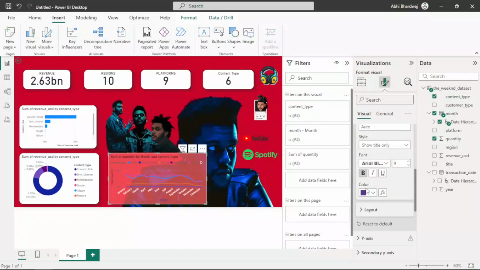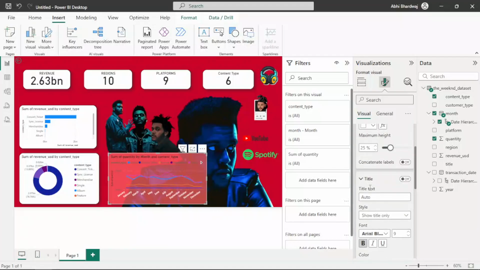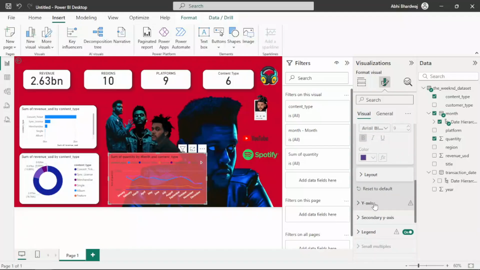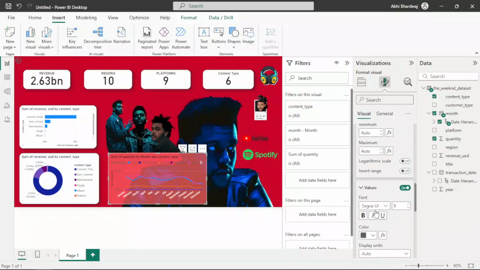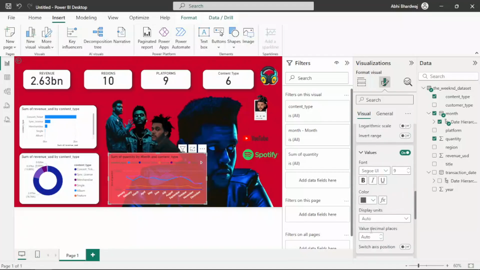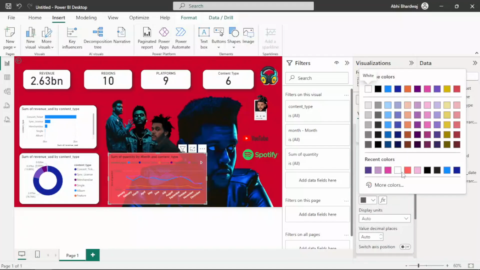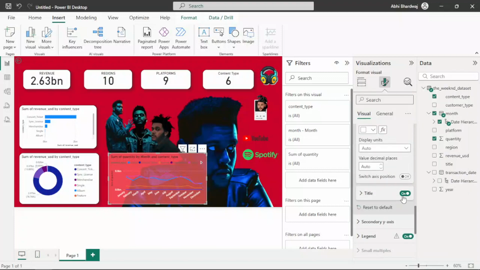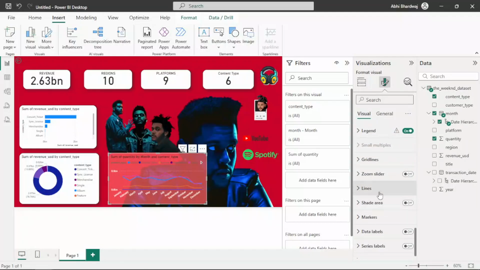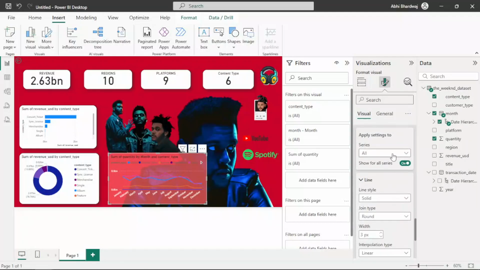You can do these aesthetic changes accordingly or remove the title altogether. It looks more clean. And in the y-axis, in values, we're gonna have white. Okay, and here also I'm gonna remove the title altogether. Okay, and in lines,